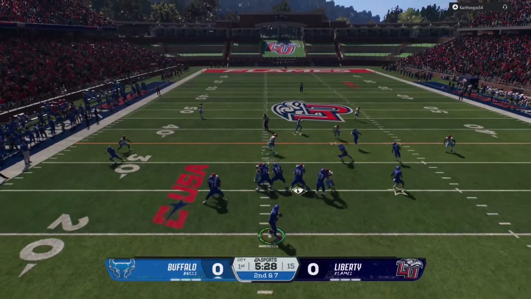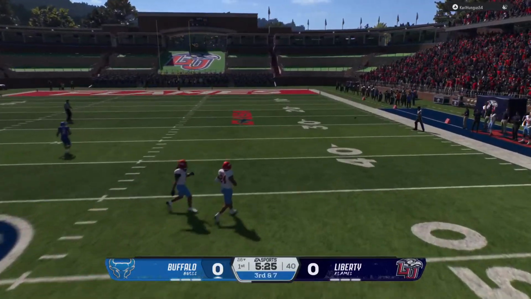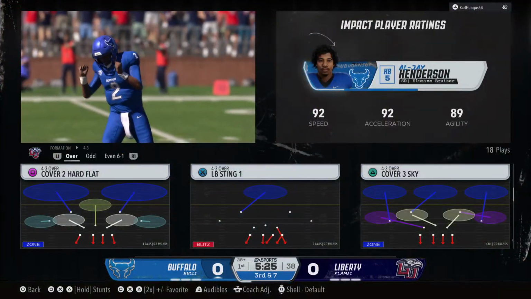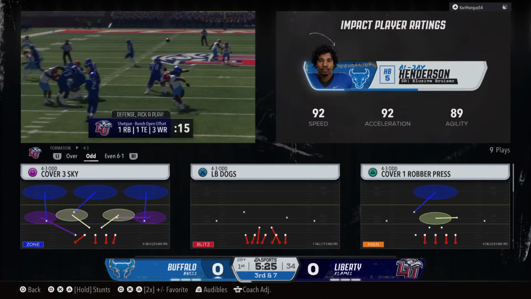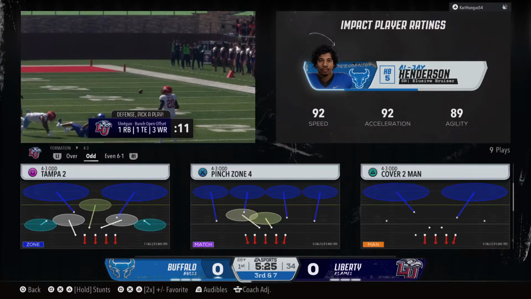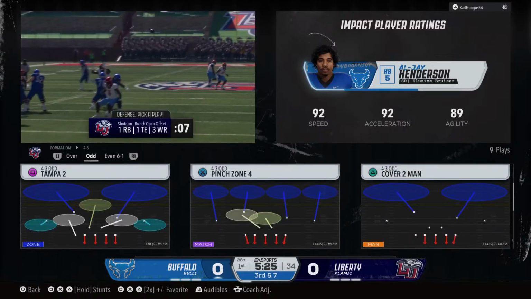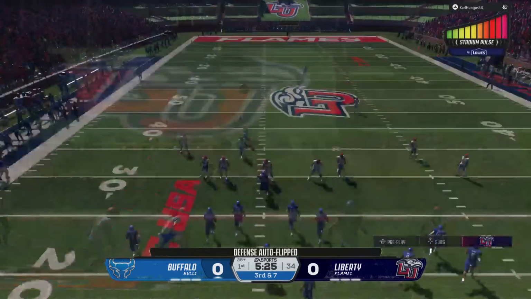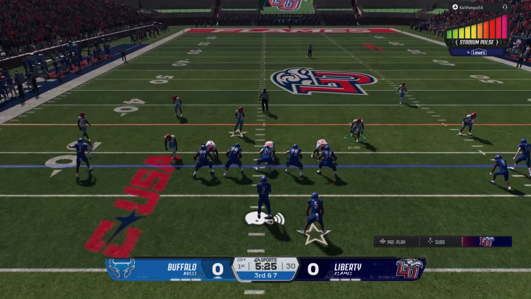To the air, it's Roberson. Fires to the right. They took a shot on that one, but couldn't make the connection. It's incomplete. As an offense, you want to stay aggressive. You want to keep calling these downfield shots. I know you didn't complete that one, but you want to send a clear message. You're trying to take the top off this defense. You keep calling downfield shots, you soften up the coverage, get those safeties playing deep. That's going to open up your running game later on.